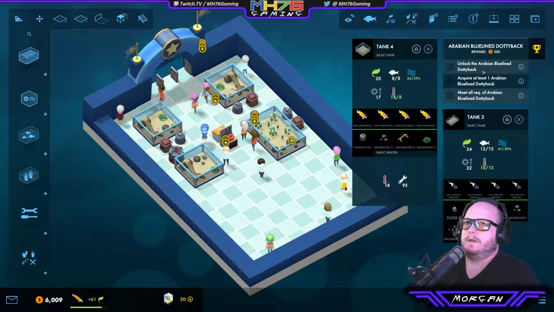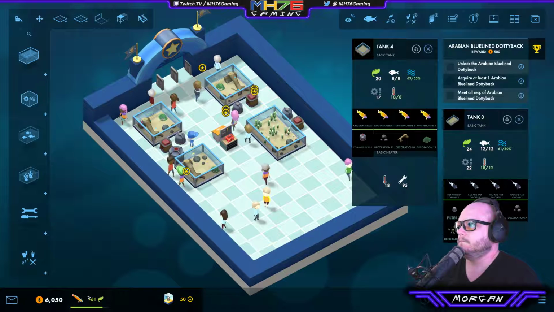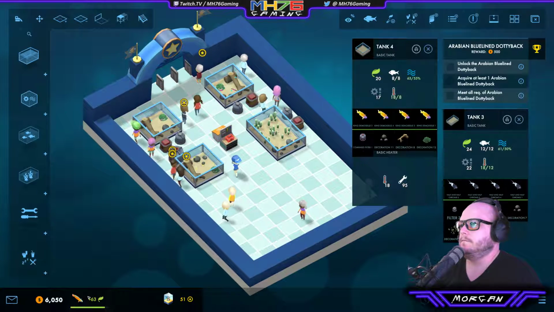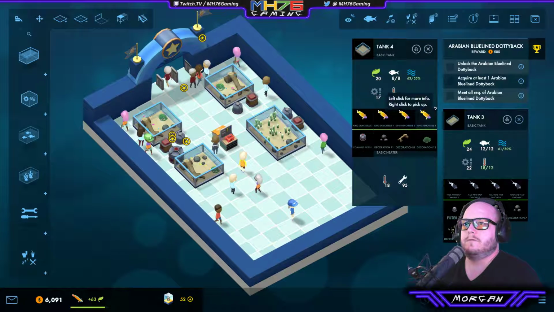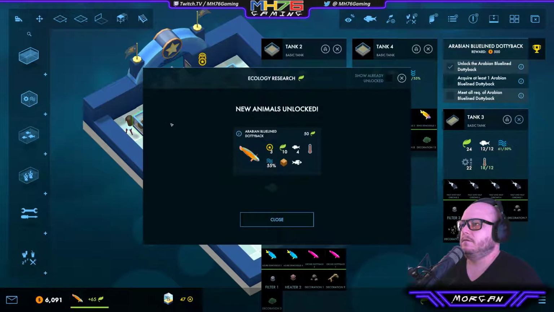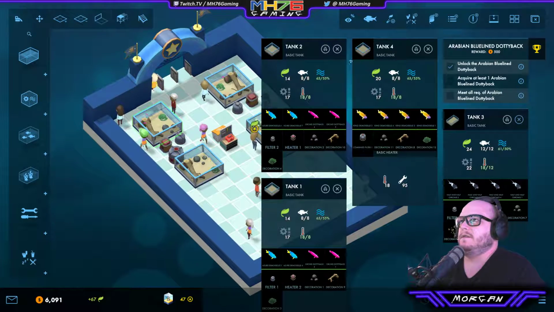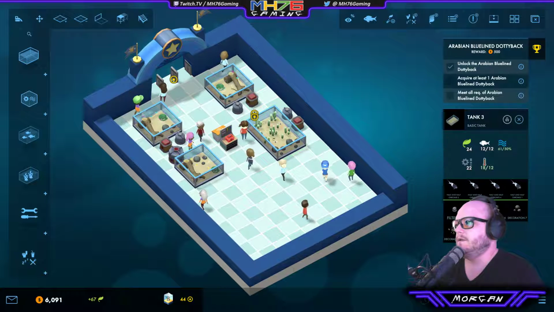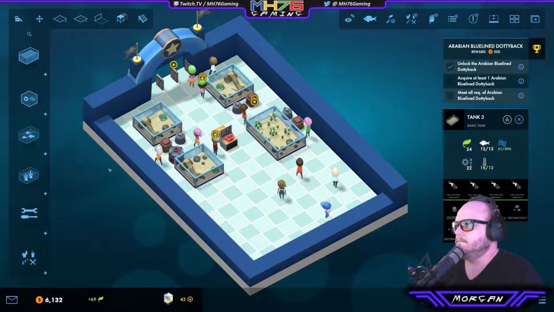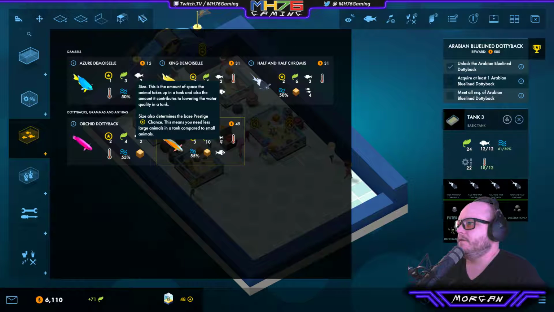Okay, acquire the Arabian blue-lined dotty back. Okay, so far our little aquarium's doing alright. We got good water quality on this one. 63 there as well. There's the Arabian. Okay, so this one's a bully. They are bullies and will terrify any animals in the wimp tag. Okay, so in theory they can go with the other fish, just not the wimps, but you know what? If they're going to be bullies, and they take the size of 4 fish...